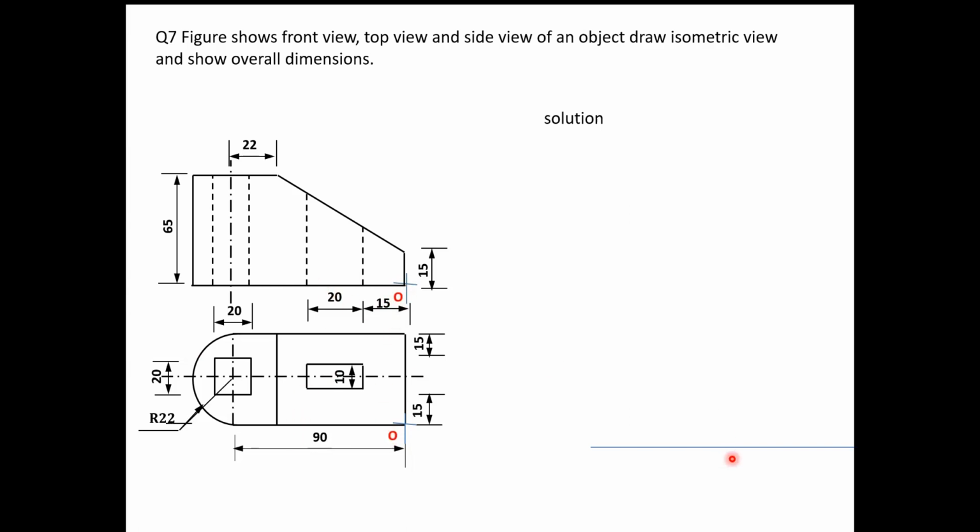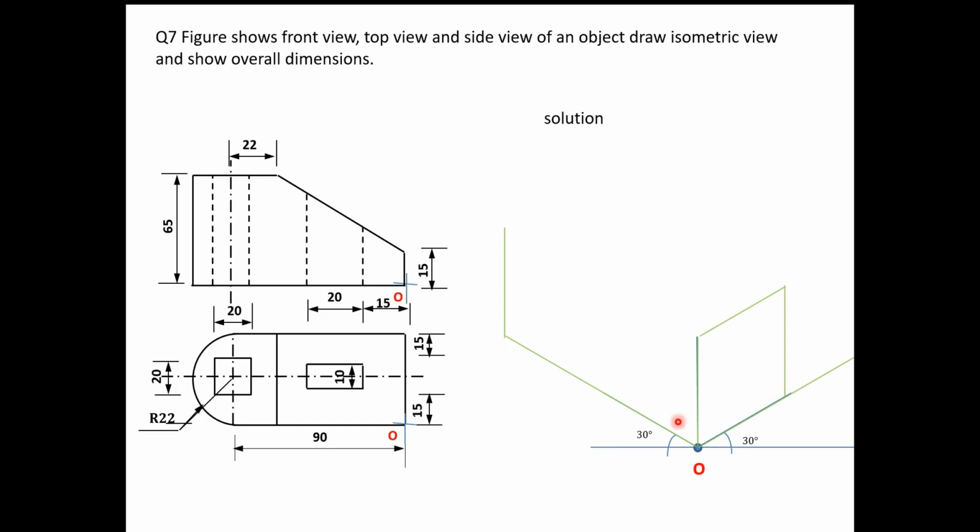So origin is shifted. So definitely we will draw one horizontal line. We will mark the origin. Now here draw the 30 degree inclined line axis. Draw vertical axis, isometric, and draw 60 degree, 30 degree isometrics on the left hand side. Now here if you see the length, on the origin length we have to draw here. So this is the length, that is 90 plus 22, 112. Height 65. Width, say what is width? So that is 44.